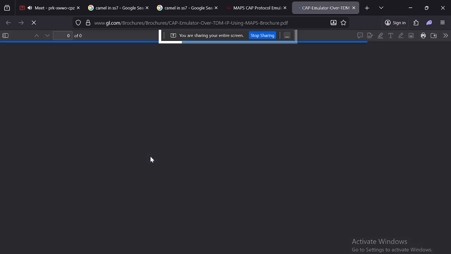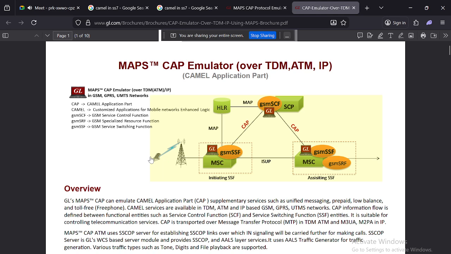So CAMEL is customized applications for mobile network enhanced logic.